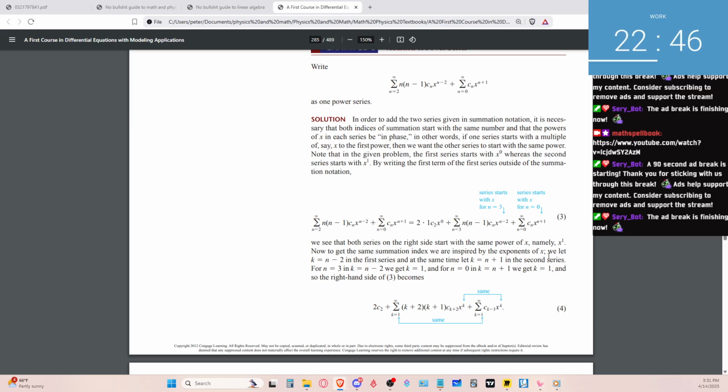For n equal to 0 in k equals n plus 1, we can get k equals 1. So the right side becomes